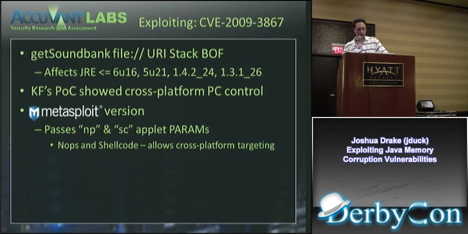But I ran up against the idea that if you want to have a Java applet that has a payload for each OS, depending on which one you're targeting in the Metasploit module, how do you get the payload into the applet? So what I did was I passed these two variables, NP and SC, and that's just NOPs and shellcode. This way you can just pass a few hex ASCII encoded bytes to say this is a NOP for this target architecture, and this is the shellcode for that architecture. It worked out pretty well.